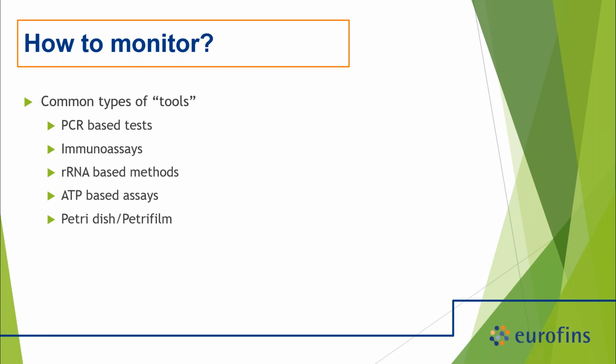We have immunoassays also, which are antibody-antigen related. So it's another way of trying to see if you have a specific organism there. They tend to be not as fast as PCR-based assays, which is one reason why people move more towards PCR-based. We have ribosomal RNA, which is based off the ribosomal subunits that make proteins. It's another way that people have looked for evidence of organisms.